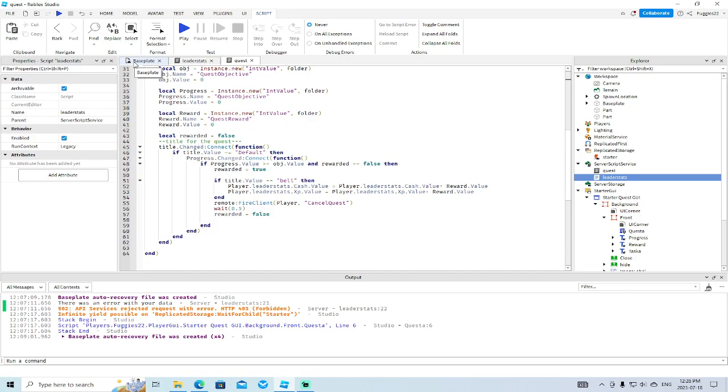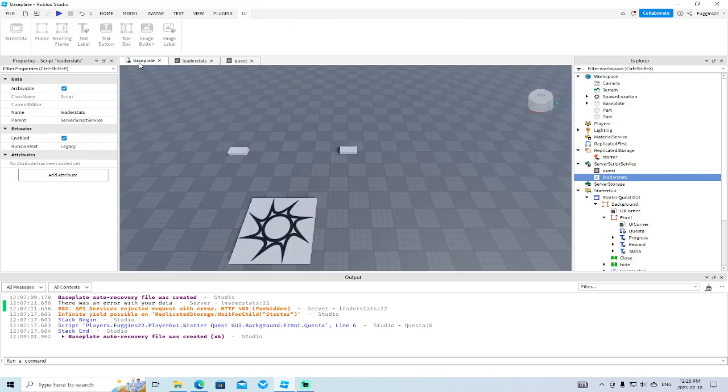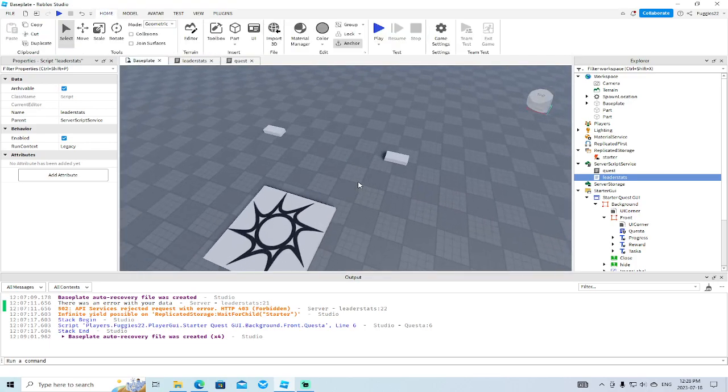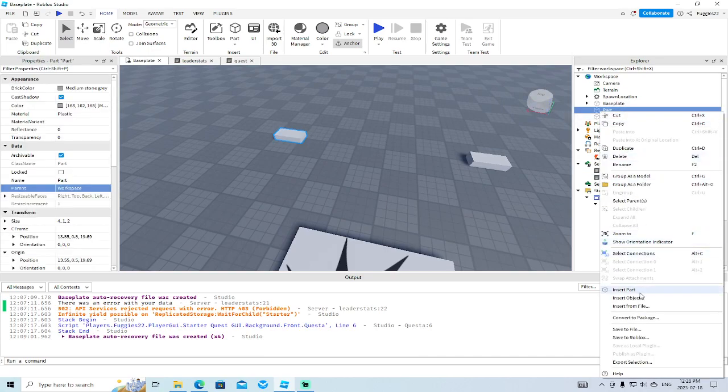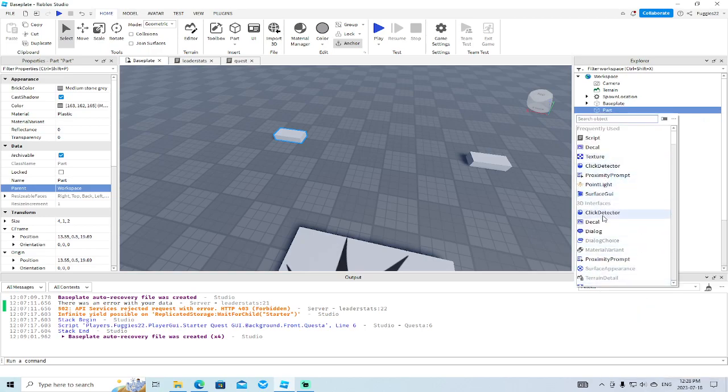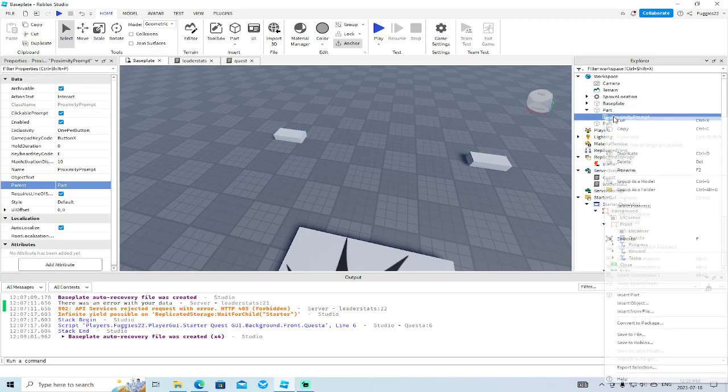Okay, now that we're done with that script, the next script we're going to need is the quest give script. So now we need to find a way to transfer the information of the quest to the player. And we are going to use a proximity prompt to do that. So we're going to insert object, and let's find it. Here it is, proximity prompt. And we can rename that whatever you want. The name